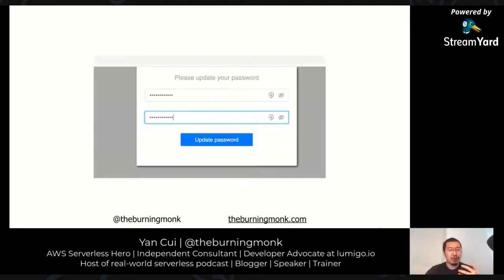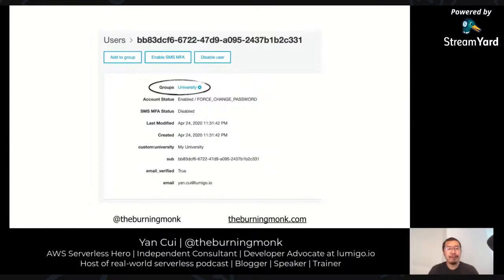The user is then able to log into the CMS, and they'll be asked to update their password on the first sign in, which is also done by Cognito. And the CMS user that we created for them in the CMS Cognito user pool will be added to a particular group called the university, to identify them as the university admins and not the system admins or super admins, which will be the two founders.